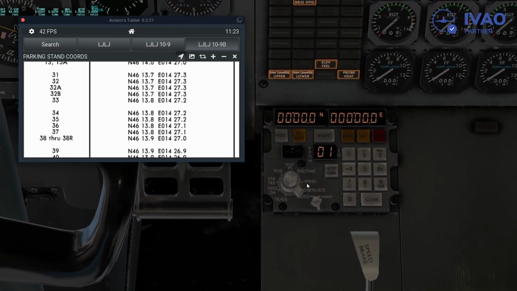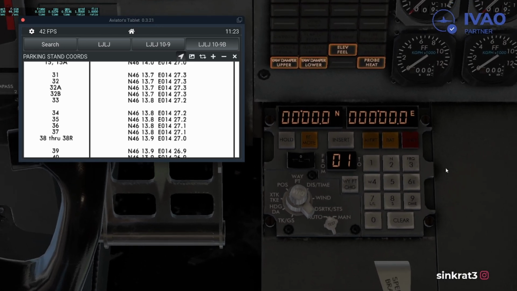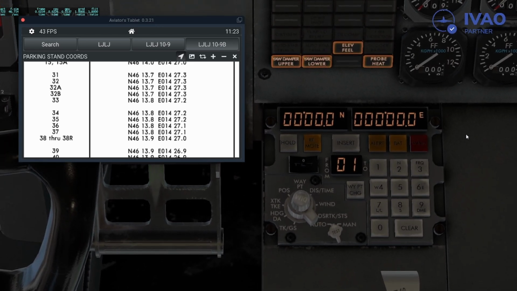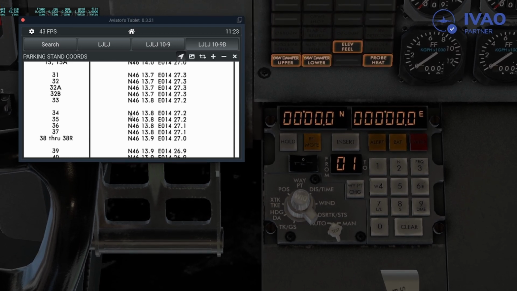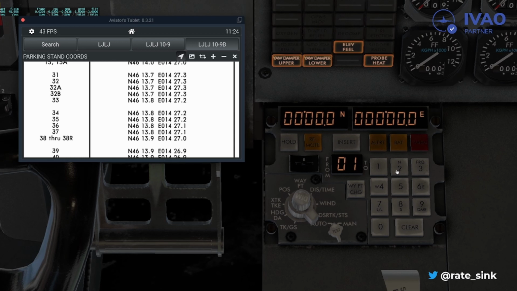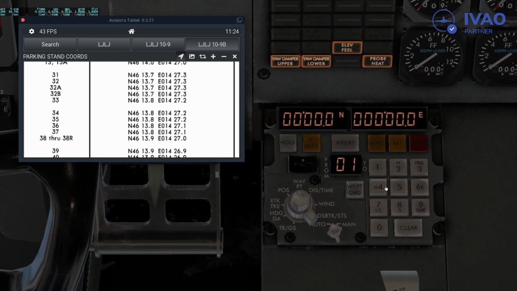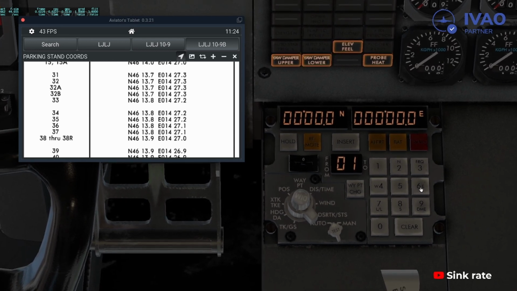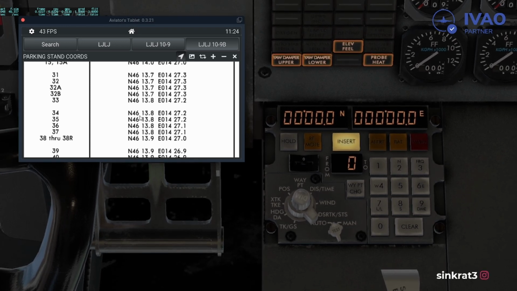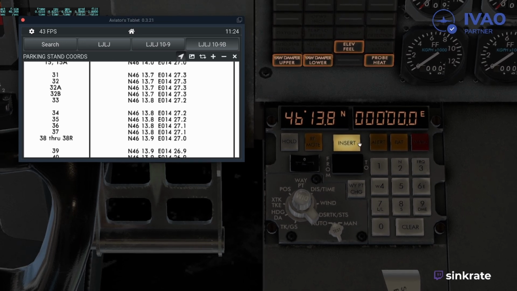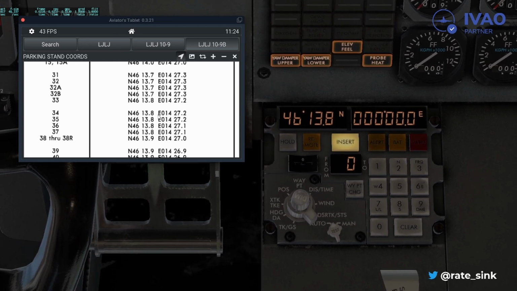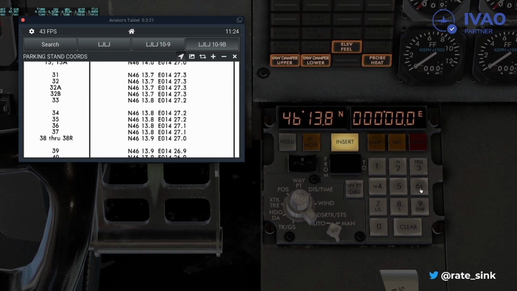So where did we stay? We put our selector into position, and we will enter the current position of this aircraft right here. So N like November, you will find it on the number 2. It says NW, November, Whiskey, Sierra, Echo, right? So November is number 2. Let's go. November 46138. Insert. The second number begins with an E, Echo, so that means number 6, Echo,